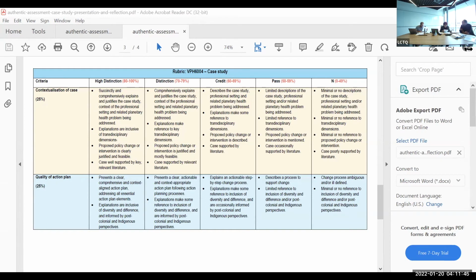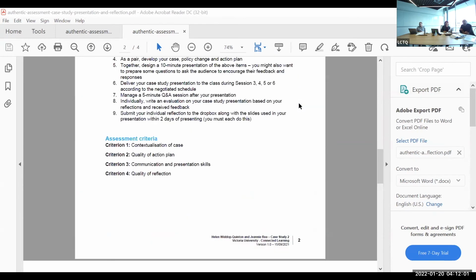We've already talked about the word limits in the assignment. Explanations are inclusive of transdisciplinary dimensions. I would also argue that the SG here is quite selective. If you look at this bit over here,